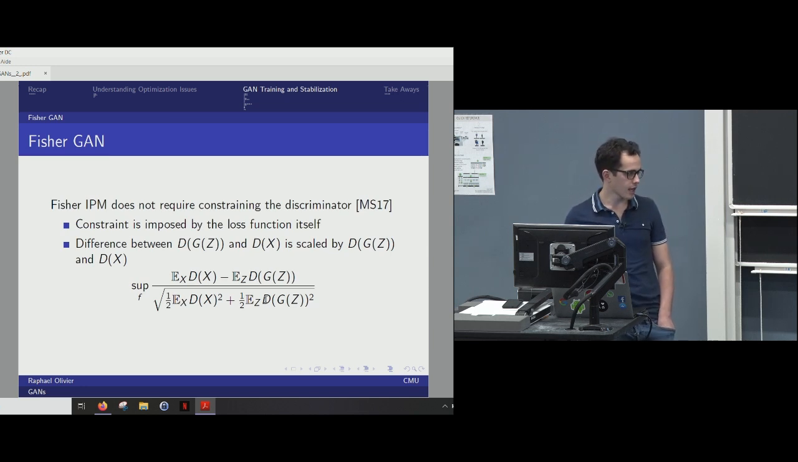Fisher GAN takes a different approach to the problem, where you say, instead of constraining the discriminators and the networks, I'm going to constrain the loss. So it sort of ends up at the same result in a way. I don't think it works as well. It's been proposed. You just normalize the term of the loss to make it always 1 in a sense, and you're gonna backpropagate on this